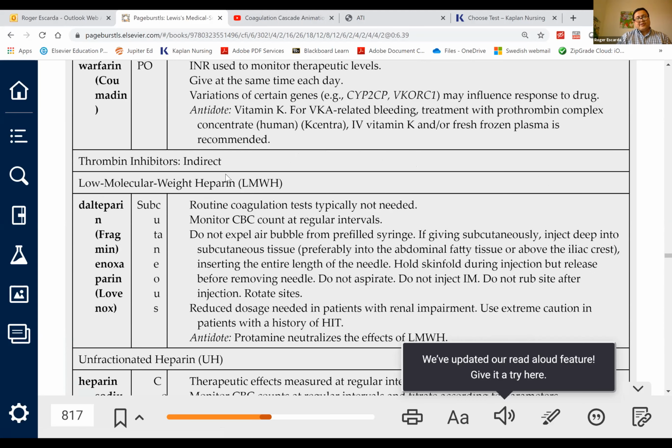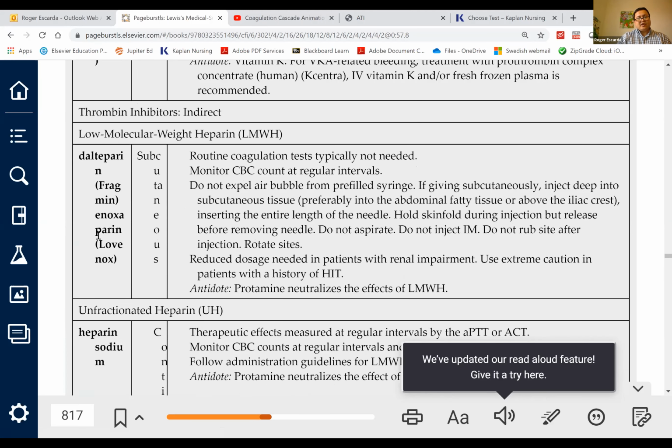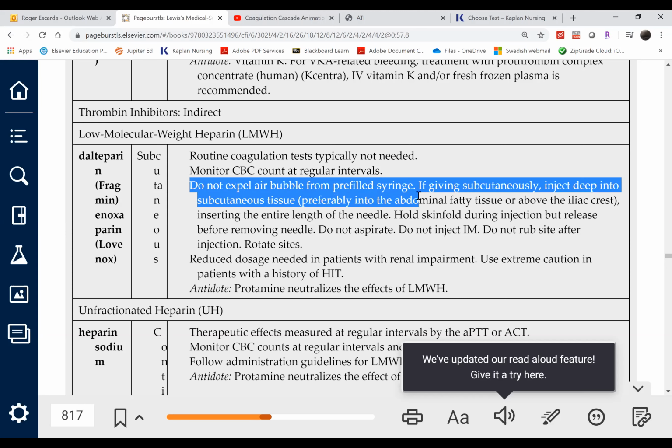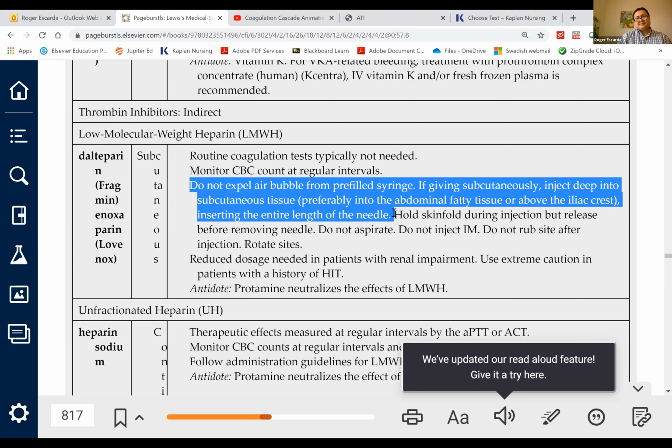Low molecular weight heparin, specifically Lovenox, for instance. Have you ever given Lovenox? No, Professor. Have you seen what it looks like? There's an air bubble in the syringe, right? What do you do with that air bubble? You flick it out, or you push some of the medication out. But look at the highlighted statement I just